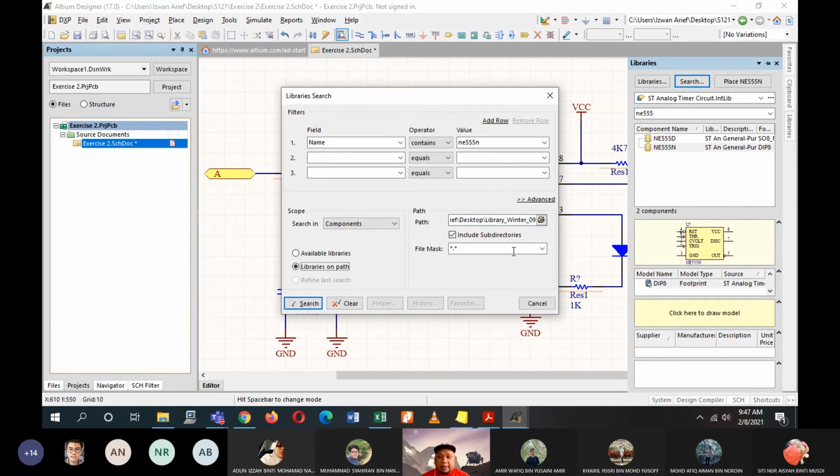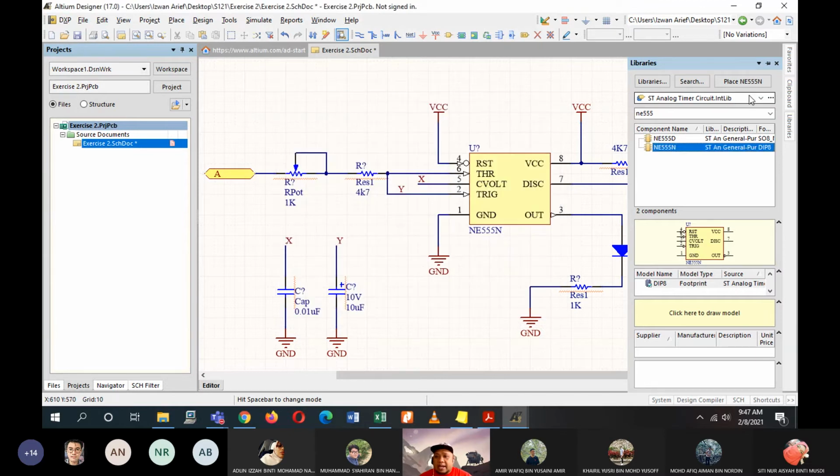Make sure the path is the library winter path and then click search. It will search until it finds it, but if your laptop is fast then it's okay. My laptop is 4-5 years old with 4GB RAM, so it's quite heavy. Just go to ST analog timer circuit and NE555N is in there.